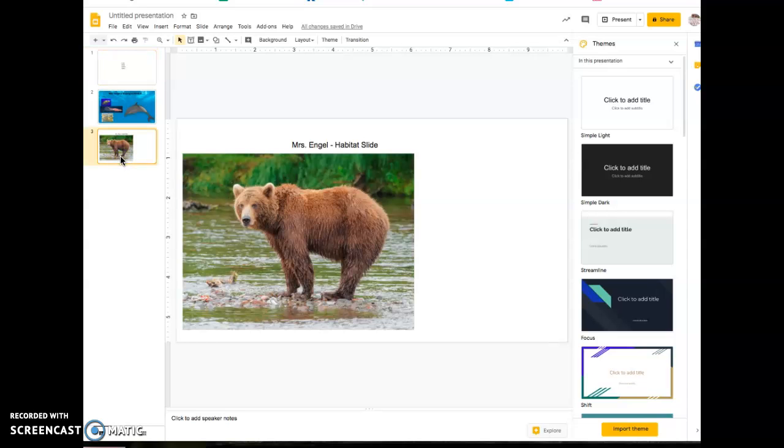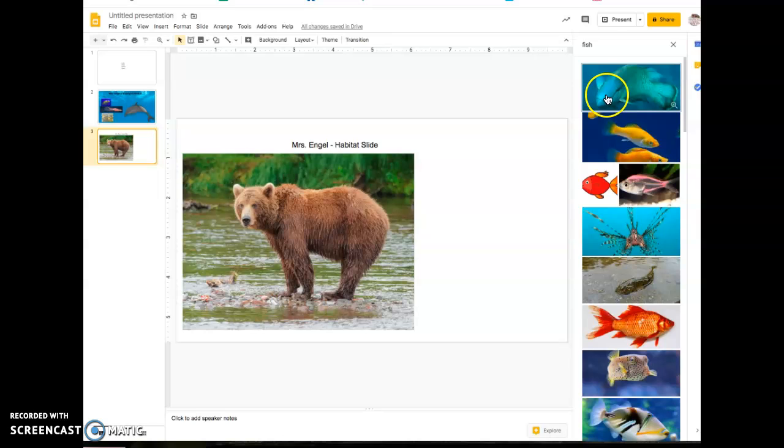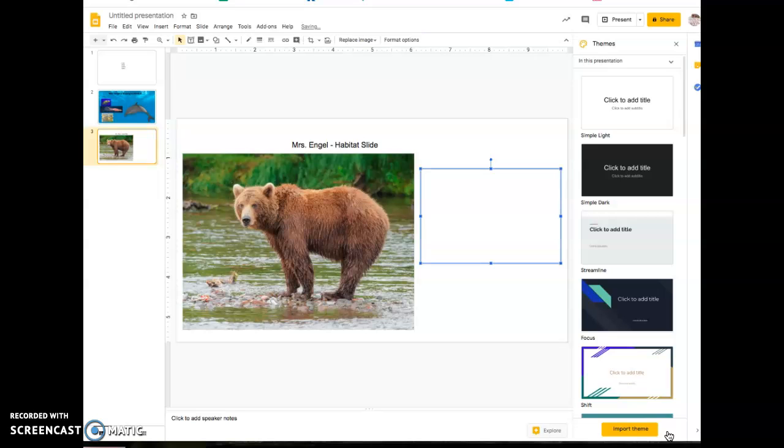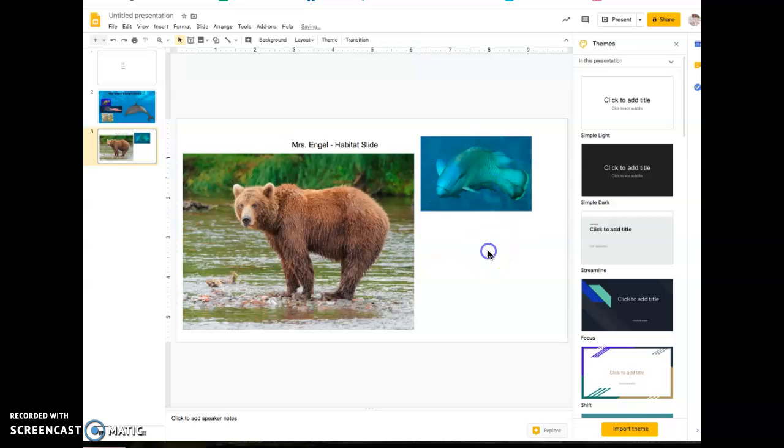Well, from my previous research, I had found out that the animal, a bear, likes to eat fish. So I'm going to go back up to this button, search the web, and type in fish. Then I'll click it and insert it. And I'm going to continue doing that with the rest of the things I would need. I would put for a shelter, I would put a picture of a cave. For space, I would choose the photo here because it shows that the bear is in an environment that is